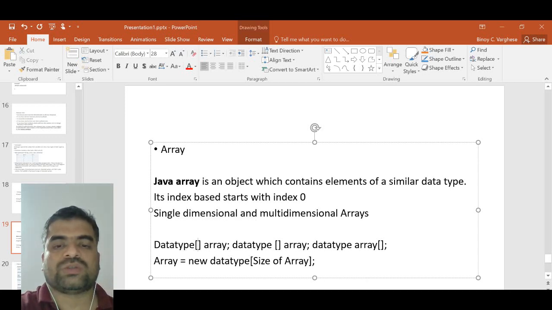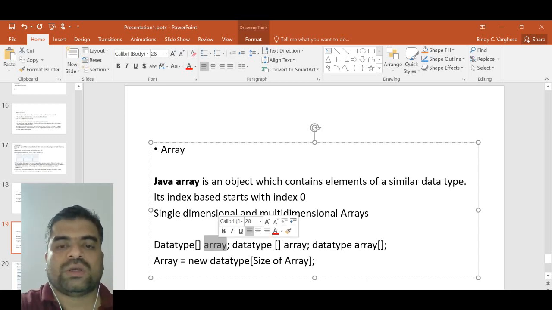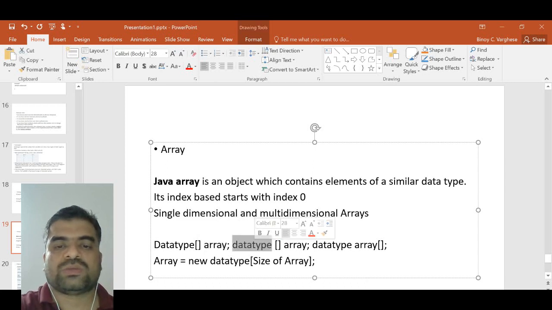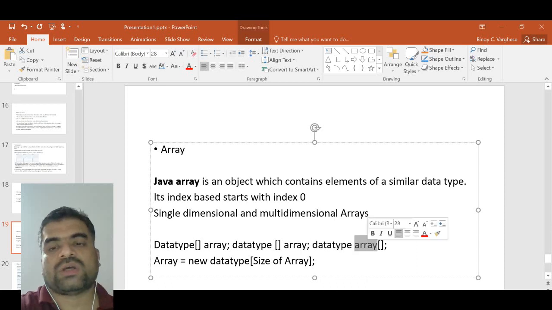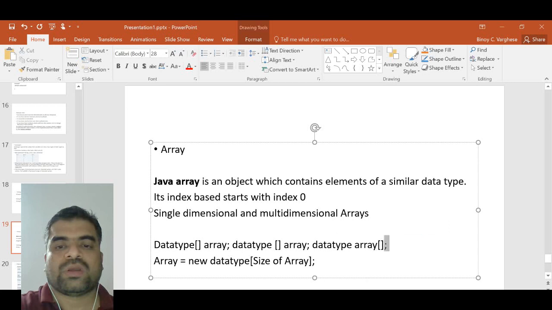Similarly, we can also declare it like this. There is a space, which is the difference between the first and second. There is a space, square bracket, array, and we can even declare in this fashion also: define the data type, then the array name, then the square bracket. After this we have just declared the array and array name, and we need to allocate the memory,